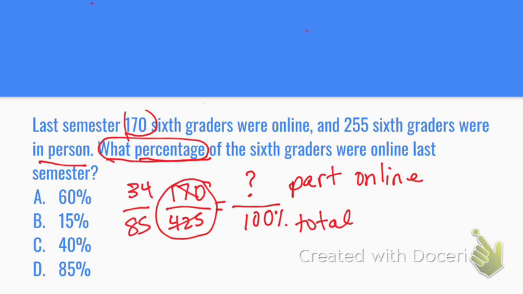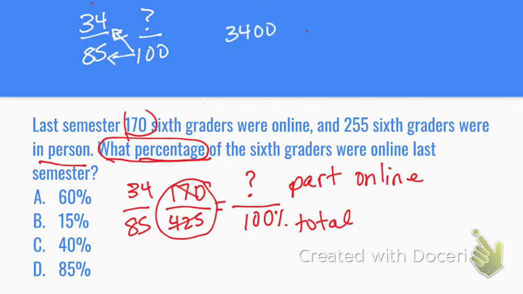So on this problem, we have now got 34 over 85 equals what number out of 100? So we're going to cross multiply and divide. Okay, multiply the two that are diagonal from each other. So 34 times 100 is 3,400. But I have to divide by the one that's left over. So divided by 85. So in this problem here, 85 will go into